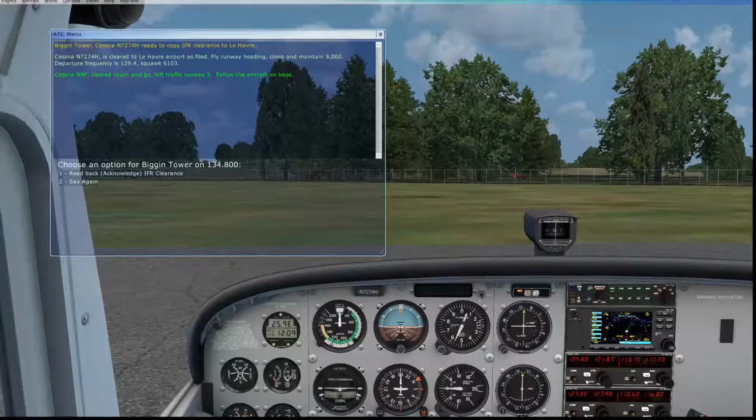Cessna November Foxtrot, cleared touch and go. Okay, so November Foxtrot is somebody else. They're going to be calling us as 74 Hotel. So once this guy's done,